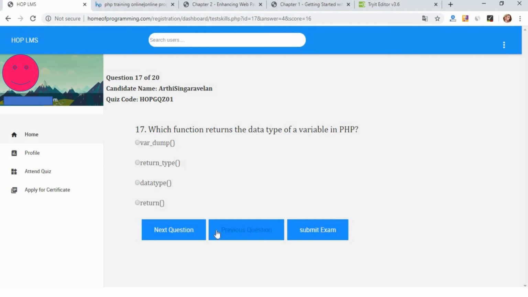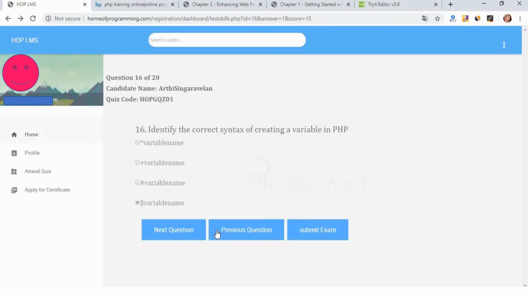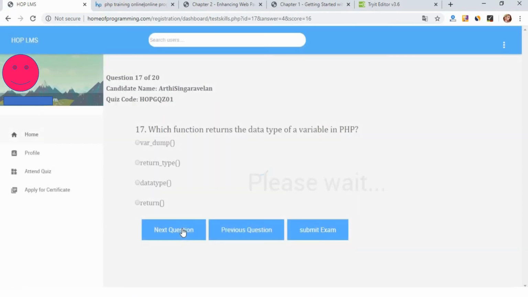In the previous question also we declared a variable with the syntax dollar symbol followed by the name of your variable. In order to retrieve the data type of a particular variable, you should use the var_dump function. Inside it, the variable should be provided as an argument, right?